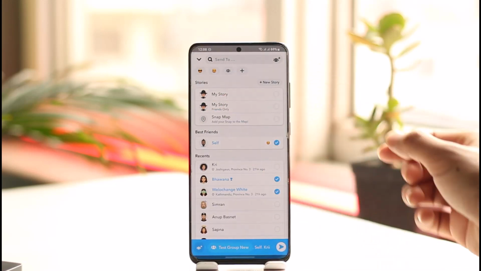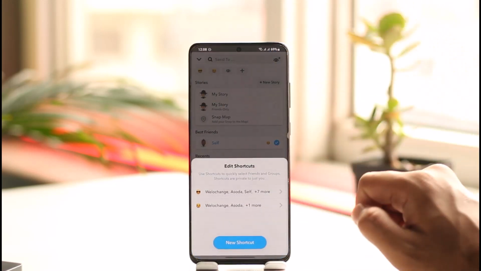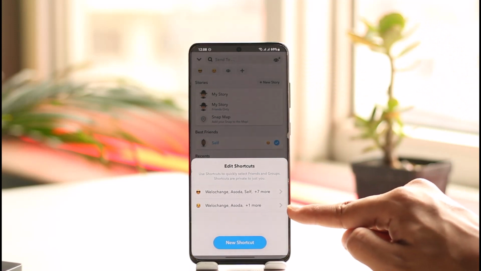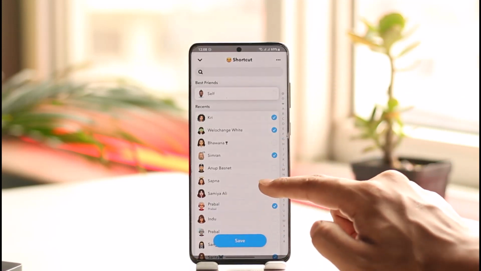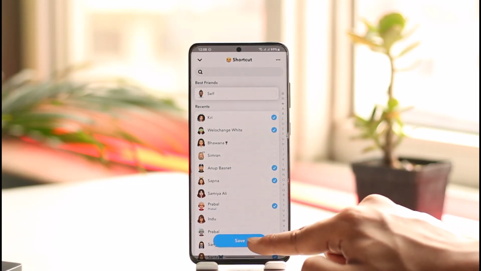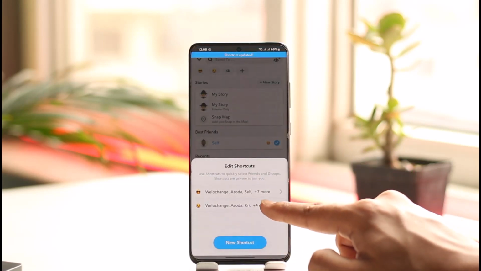to a shortcut. For that, tap the plus icon that you can find here, select a shortcut from where you want to add more friends. Once you select a shortcut from where you want to add more friends, you can just go ahead and now select a list of people and then tap the save option from the bottom, and more people will get added